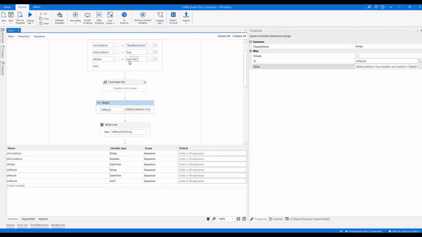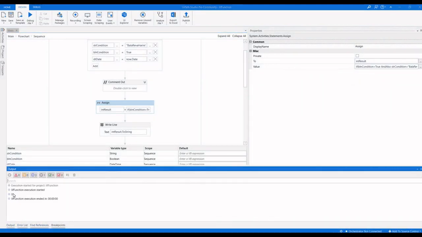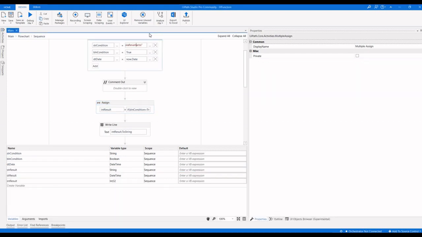Here the condition is true, but the str condition doesn't have Balareva, it has Balareva Harini. So now it has to return 0. Okay, right. I'm going to change it to Balareva.